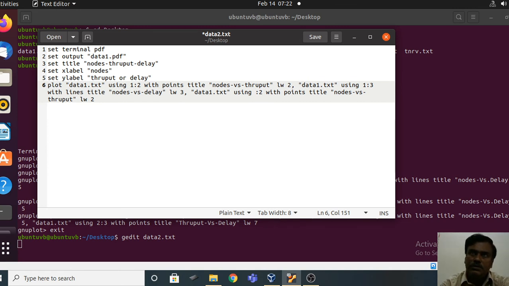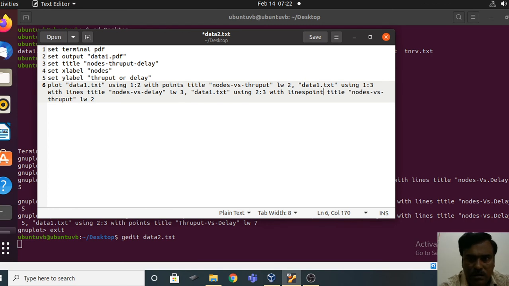This time you wanted to plot throughput versus delay, therefore you have to use the columns 2 and 3, with lines points, not points.